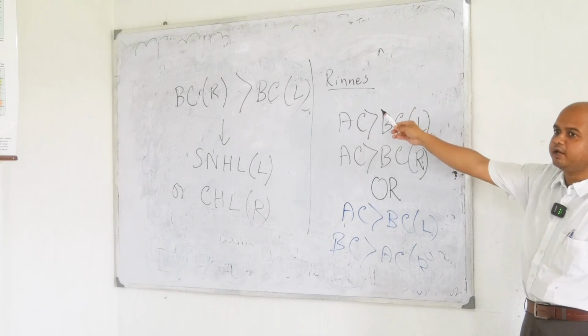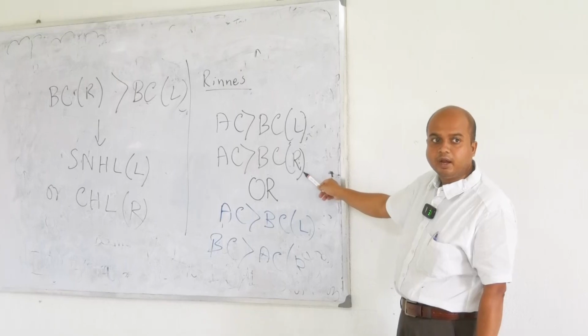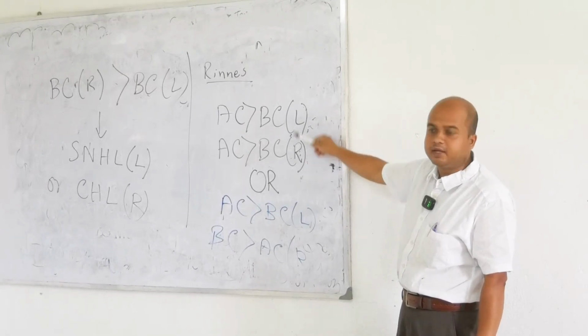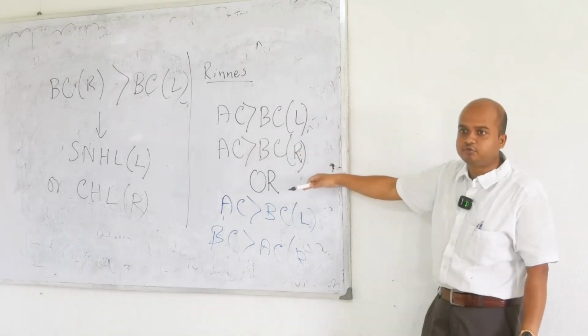There is sensory neural hearing loss of left side. Right ear normal, right ear normal, কিছু বুঝতে পারছি এখানে? নর্মাল কিছুই বুঝতে পারছি না।